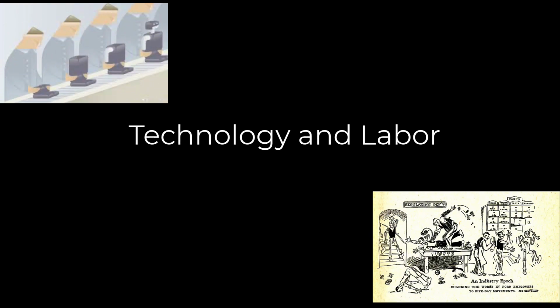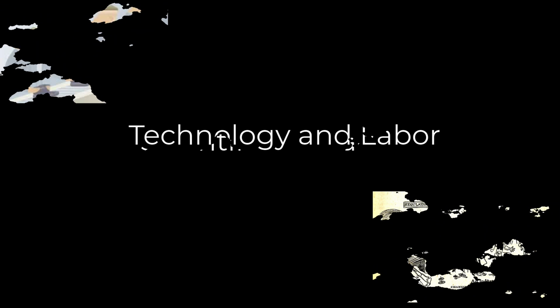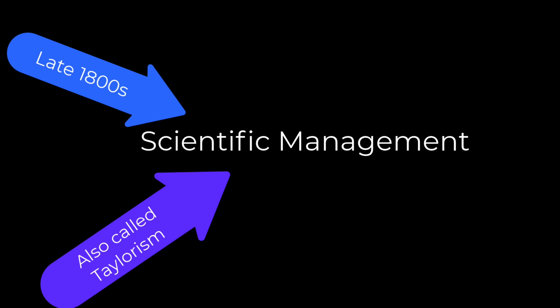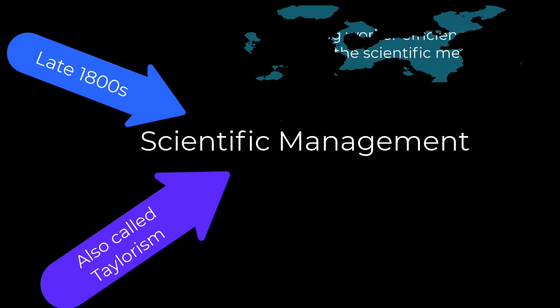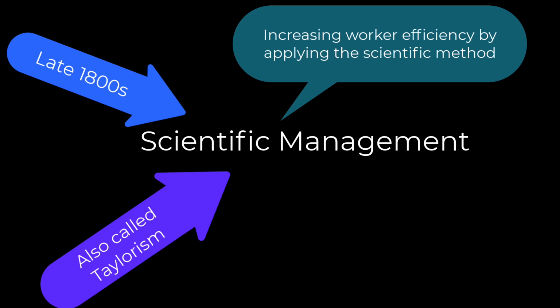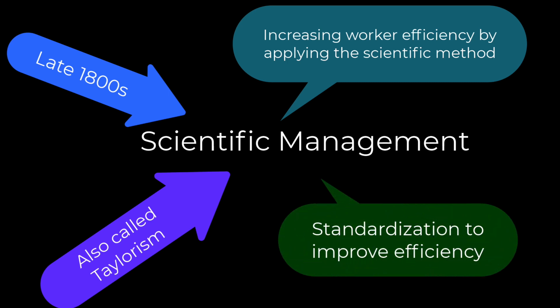In this video, we're going to take a look at the relationship between technology and labor starting in about the late 1800s. Towards the end of the 1800s, Frederick Taylor developed what's called scientific management, also known as Taylorism. The idea behind scientific management is to use the scientific method to increase worker efficiency. The idea was to use standardization of movements or tasks to help workers achieve what could be done in the